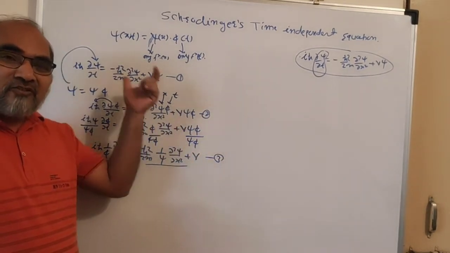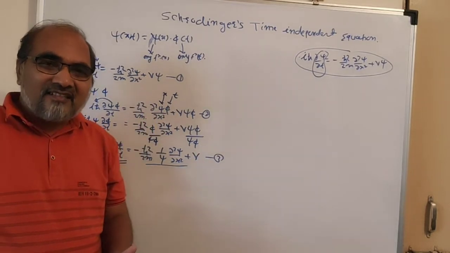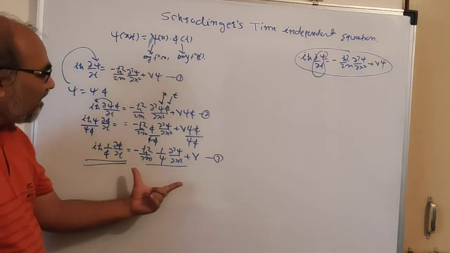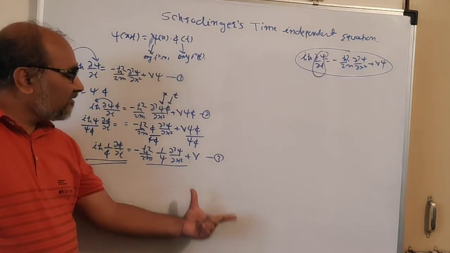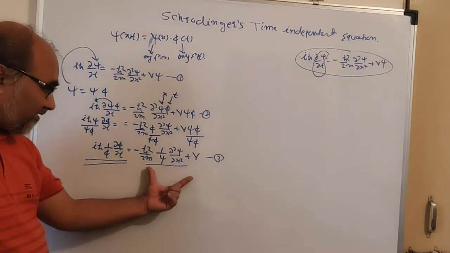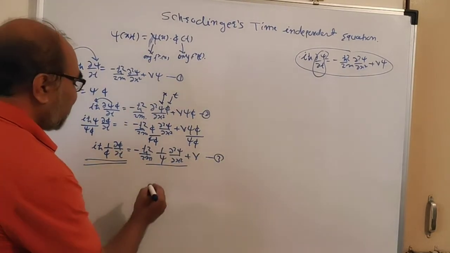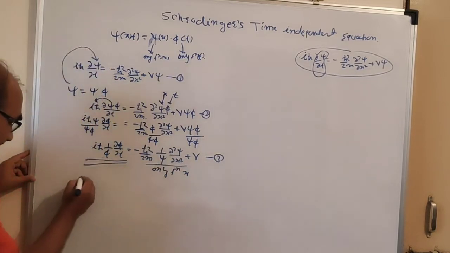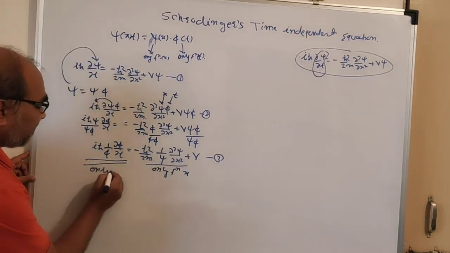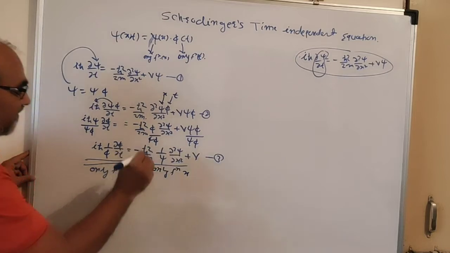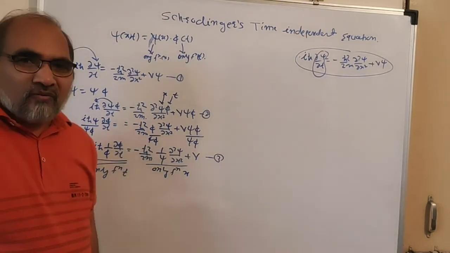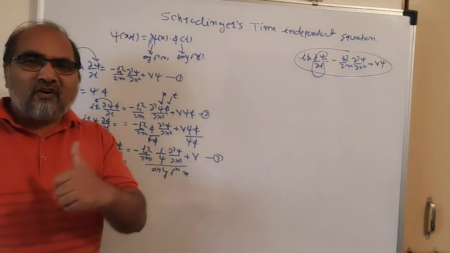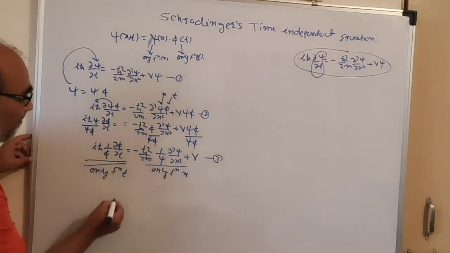Here we are assuming that our potential energy is only a function of the position x, and therefore this whole right hand side is only a function of x, whereas the left side is only a function of t. This is possible only when each term of this equation is equal to some constant,